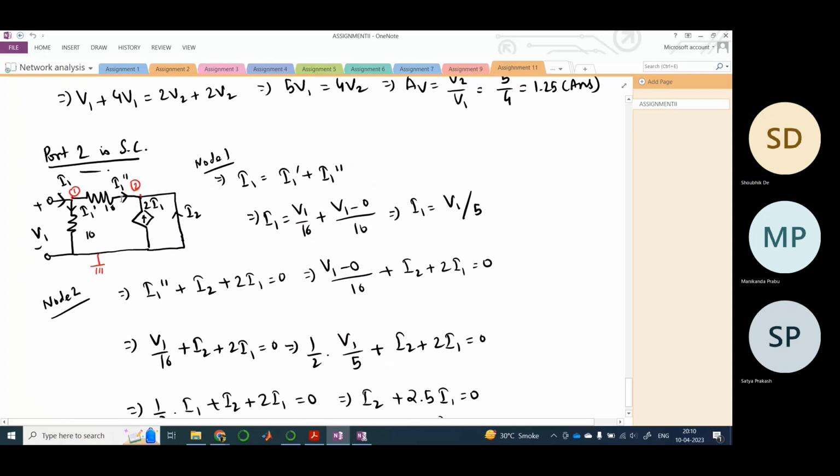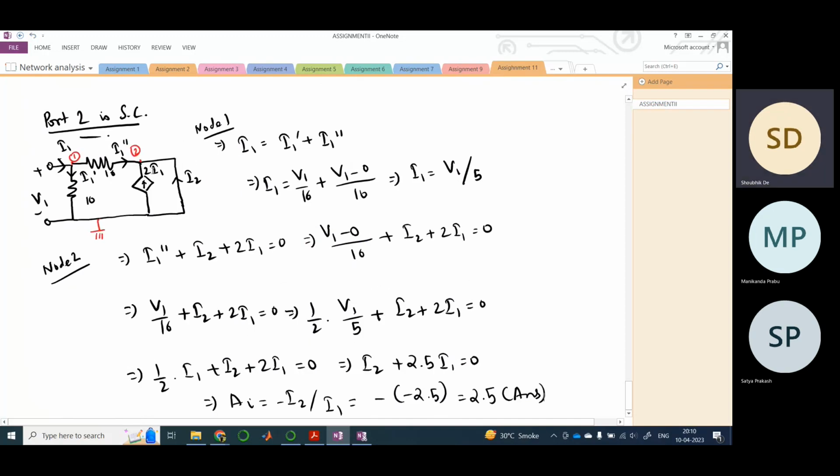This is grounded because we are applying KCL. So this ground or zero potential would be connected at port 2, therefore port 2 is also zero. Therefore automatically your 10 ohm resistor gets nullified,